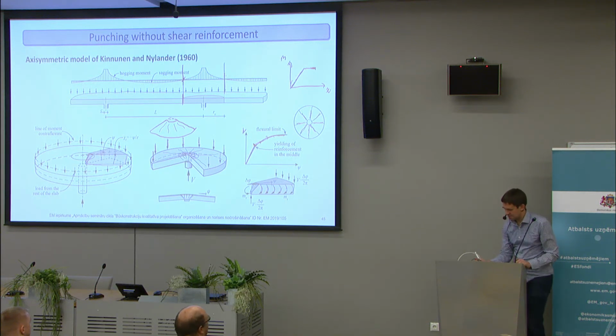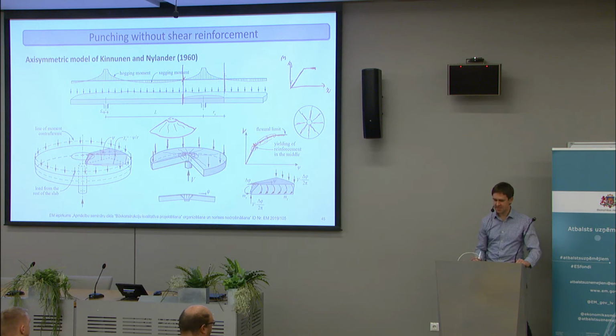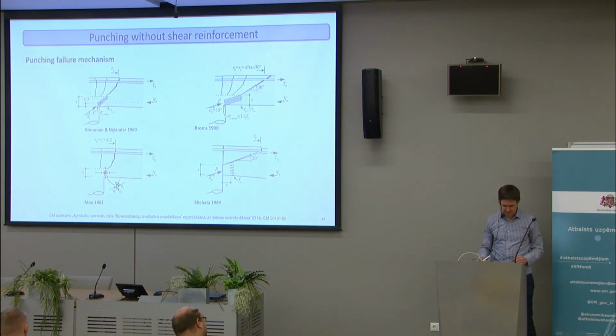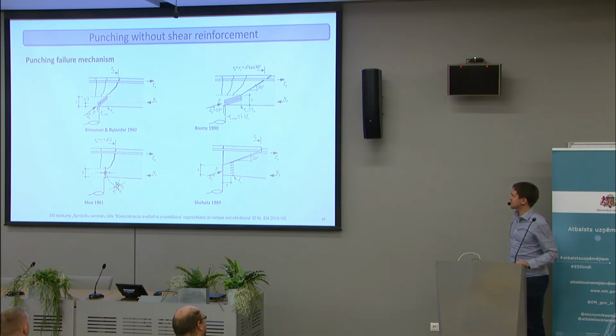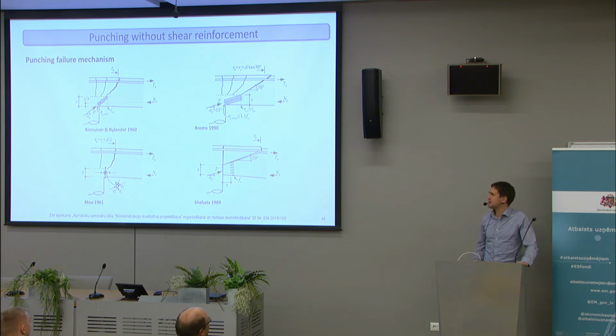So, the punching failures normally occur, well, if you don't have shear reinforcement, you can have a failure before yielding of reinforcement in the middle. But if you use shear reinforcement, then you always have failure somewhere in this region where the flexural cracks are actually already very wide. Now, for the actual punching failure mechanism, there have been lots of different models. I've studied around maybe 10 models